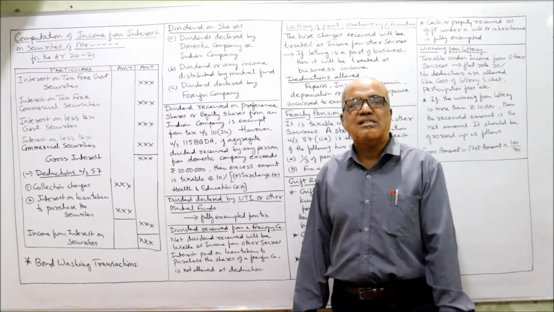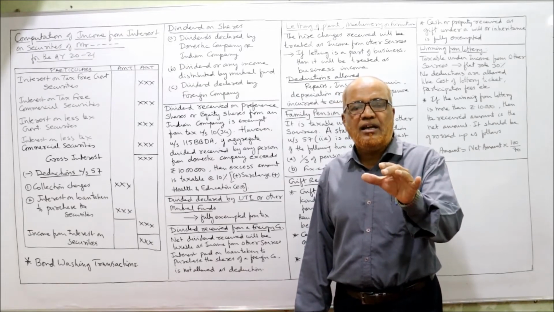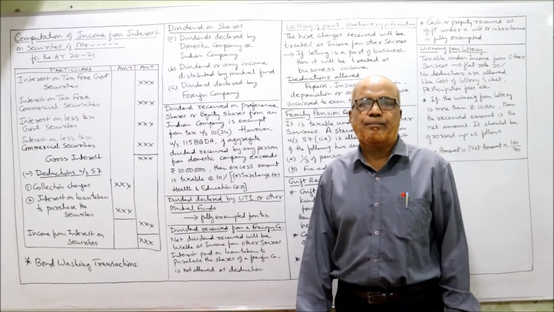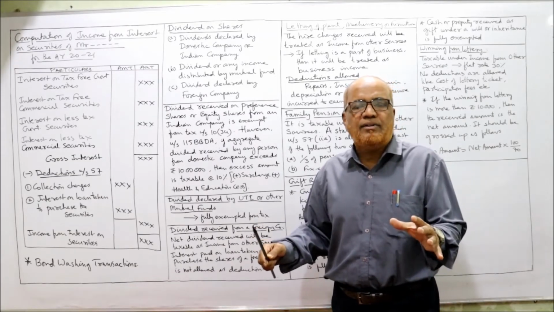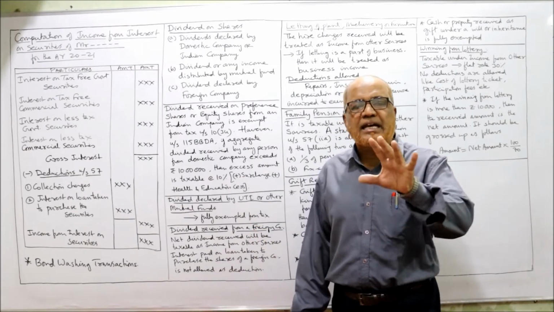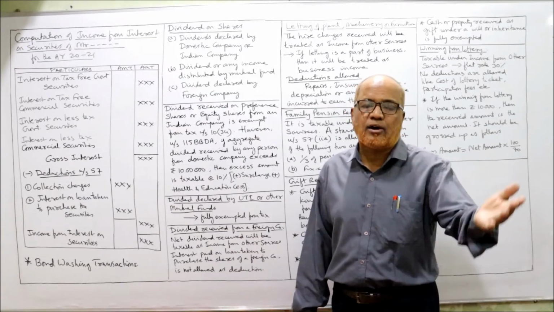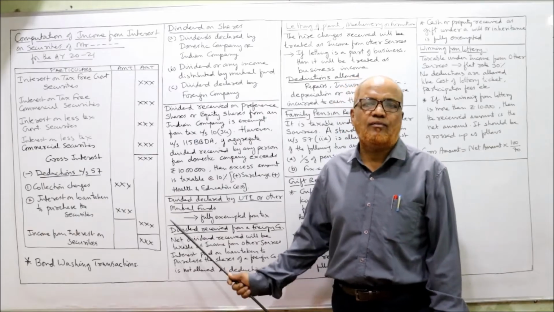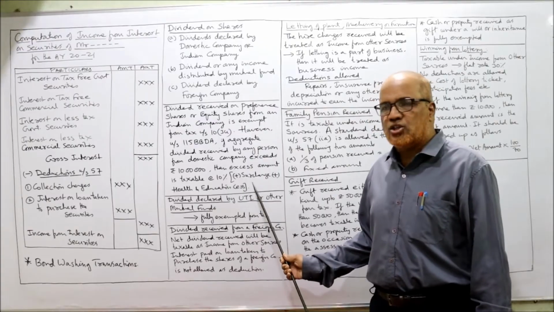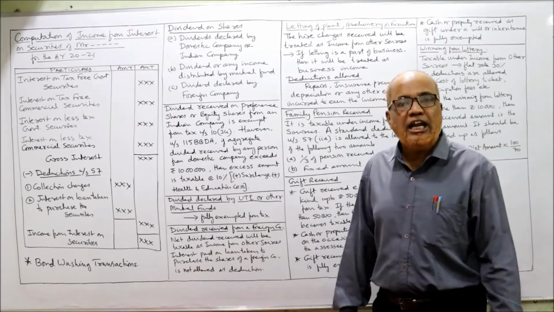Now a new section has been inserted by the Income Tax Act. It says, if a person gets dividend income of more than 10 lakh in a particular previous year, that is, if the aggregate of all the dividends received from different Indian companies exceeds 10 lakh rupees, then the excess will be taxable. Over 10 lakh rupees, it will be taxable at a flat rate of 10% plus surcharge and health and education cess. This is regarding dividend declared by Indian companies.